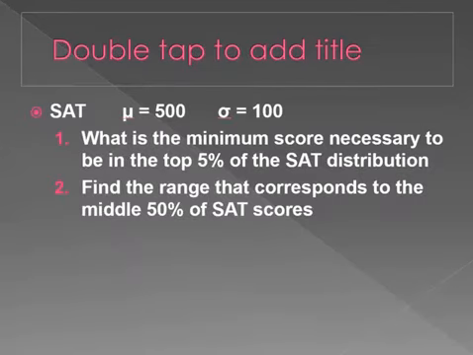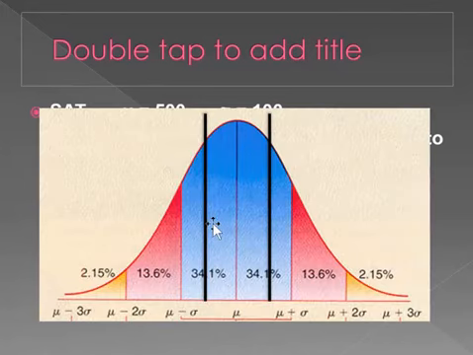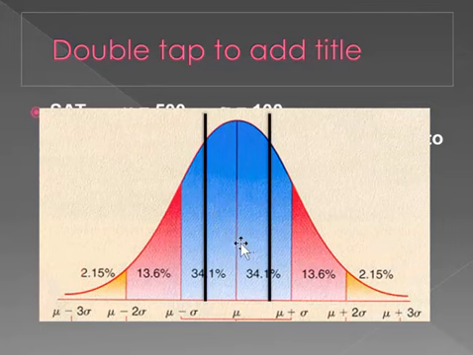Okay, great. Let's do one final example, just a little bit more difficult here. Let's ask, what is the range of scores that correspond to the middle 50% of all SAT scores? This is going to be similar to when we found the two z-scores for our middle 40% of the distribution, except now we're looking for the middle 50% of our distribution. So 25% to the right, 25% to the left. And we're still looking up z-scores here. So we can convert that 25% to the right